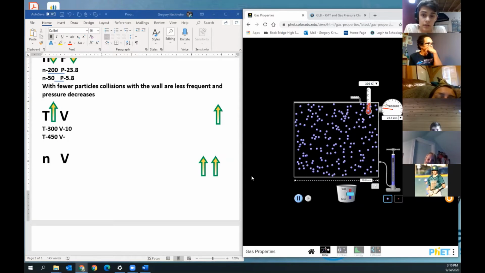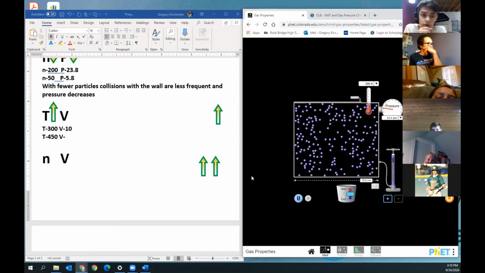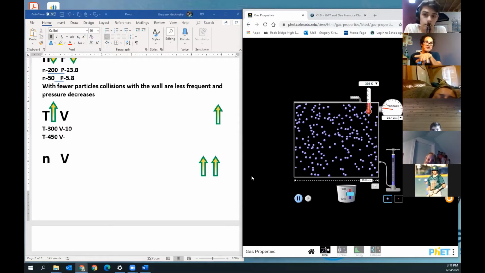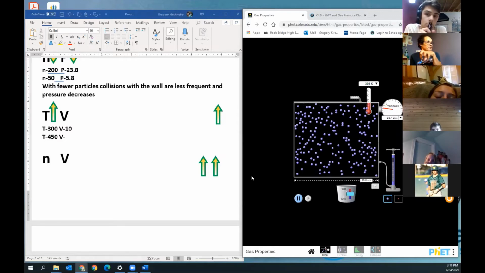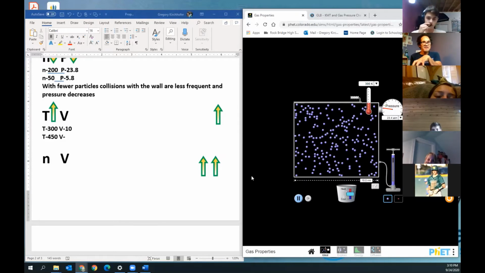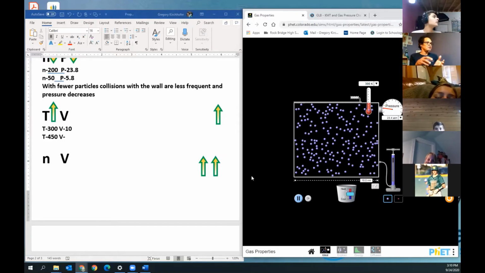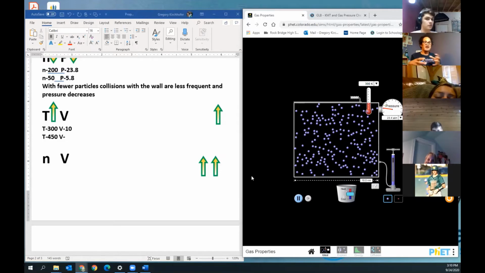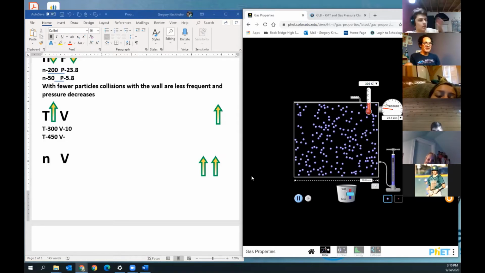So it'll increase. Because on this one, when pressure isn't one of the variables, if you think of it in terms of what does the volume have to do to keep the same number of hits, to keep the pressure the same, then it's like, oh,